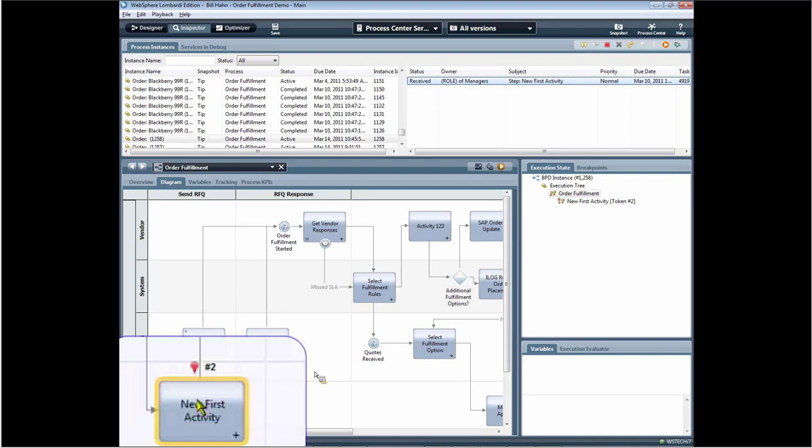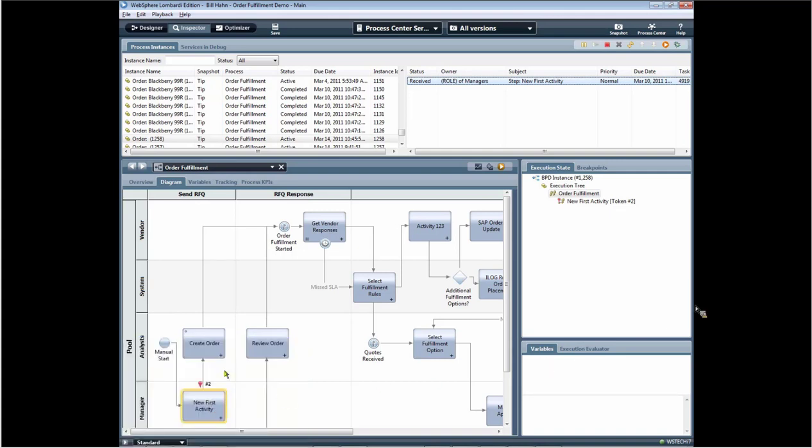In the tool, it runs the process for real because the BPMN engine of the BPM platform makes it always runnable. This is always runnable. We don't have to generate code and wait for that to be deployed. It's always runnable. And so when I press that play or run button, it allows me to run through and